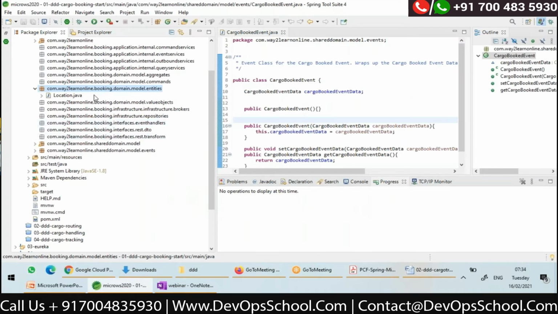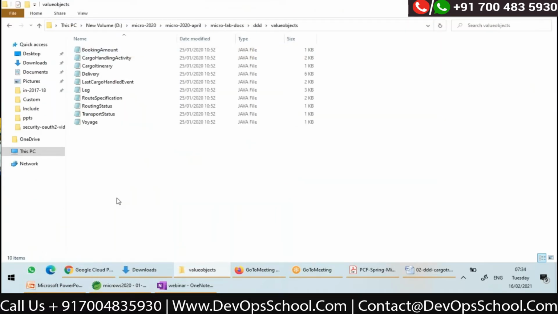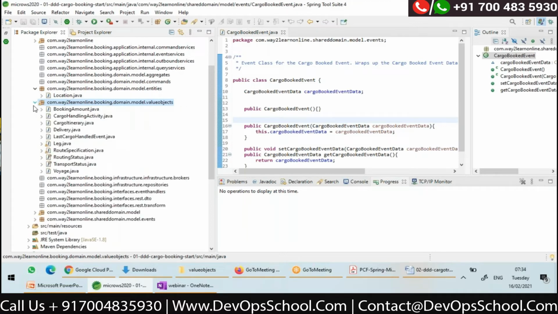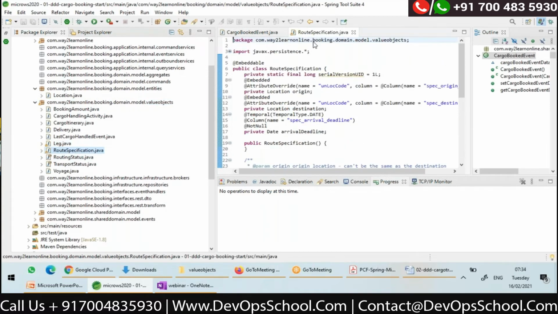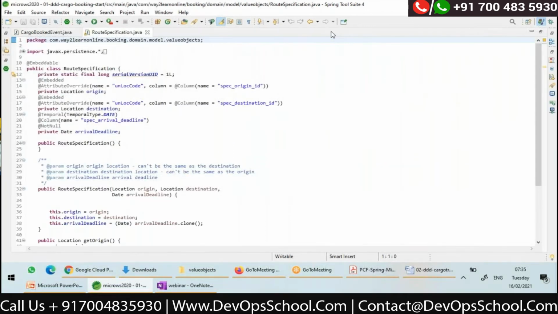So there are a lot of value objects. I'll keep all my value objects in model.value objects. So instead of me creating, here is a folder. I have given this to you also when you are working on the access, I'll be doing it, but understand what I'm doing. So here are the value objects which I copy pasted. So here you can see, I'll show you, route specification is a value object, right? Of course, I'll be using JPA, Java Persistence API, later to save this into a database. So this is annotated with embeddable.